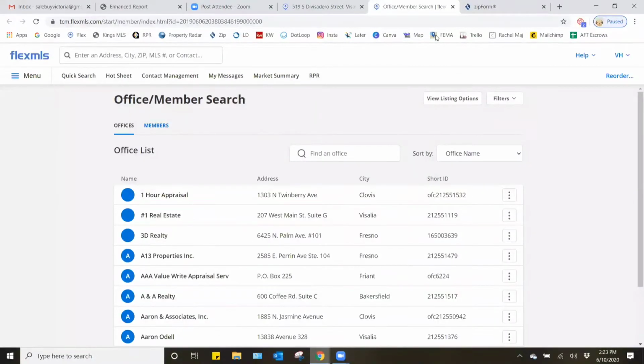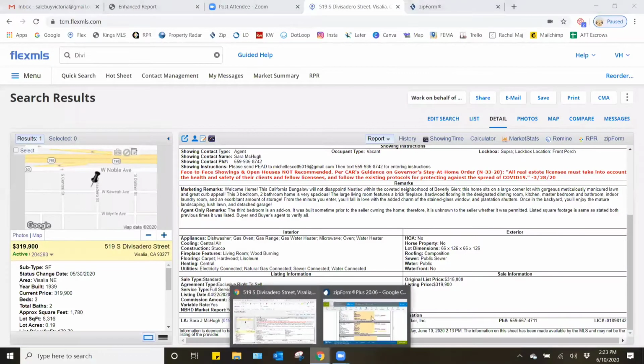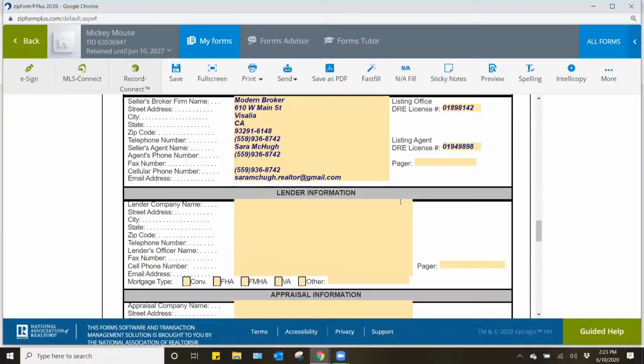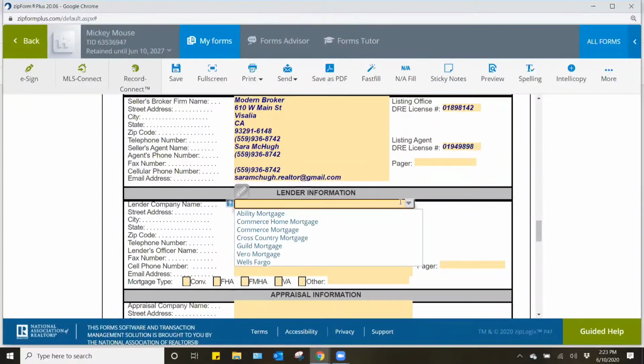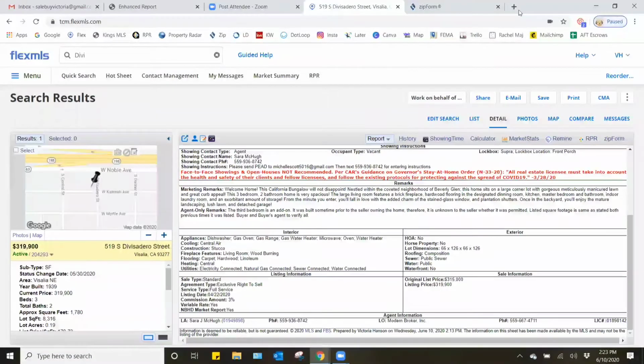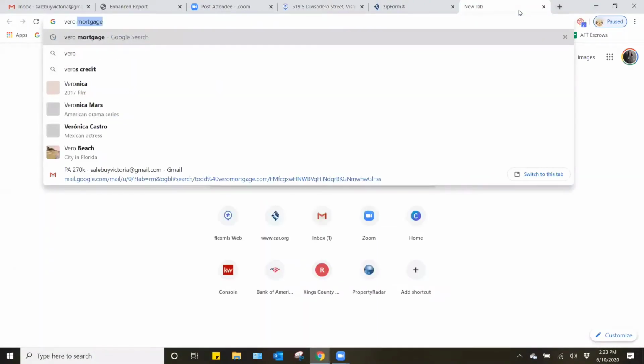Okay. And we don't need this anymore. Jumping back in. Okay. Here we go. Okay. Lender information. So I think you use your brother. I'm going to go ahead and drop in my lender's info here. If you have the address to the lender, please write it in. Remember what the address is for Vero. If you need to grab it, go ahead and just type it into Google, like Vero Mortgage, and grab it